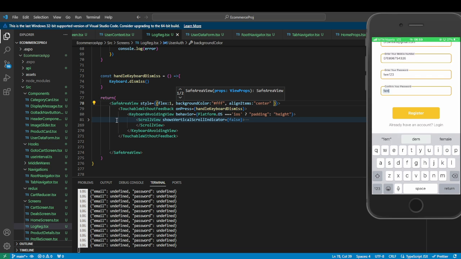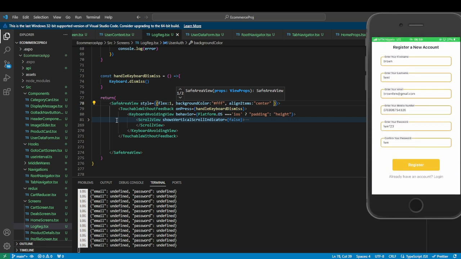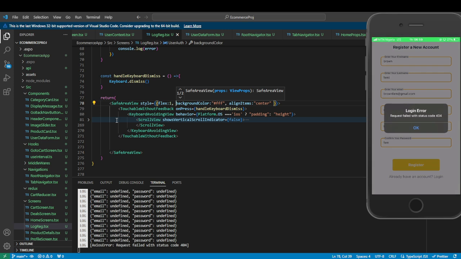So let's say the confirm password now is not the same. Let's see what it will bring. You can see this is cool. Request failed with status 404 code. So login error. This is working beautifully because the password doesn't match. And you can see we have the console. It's consoling it here. And then if we go back to our back end,